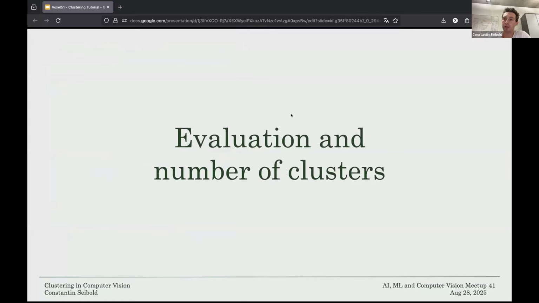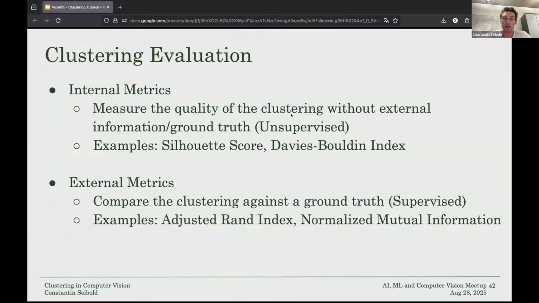Another point that one should maybe consider when applying clustering algorithms is the evaluation and the number of clusters. How do you choose them? In terms of evaluation, there are two types of concepts that one has to keep in mind. One is the internal metrics, which basically measure how clean or some type of quality without external knowledge, like intra-cluster and inter-cluster distances, how do they match up against each other? And typical metrics that result in this are the silhouette score and the Davies-Bouldin index, whereas you can also do more